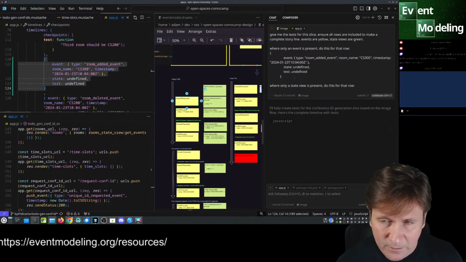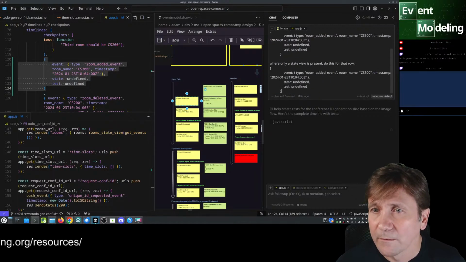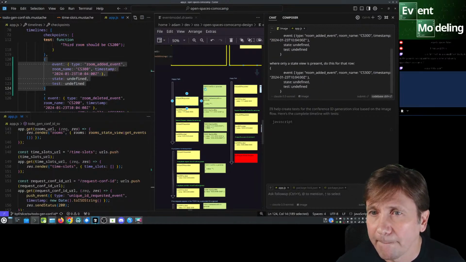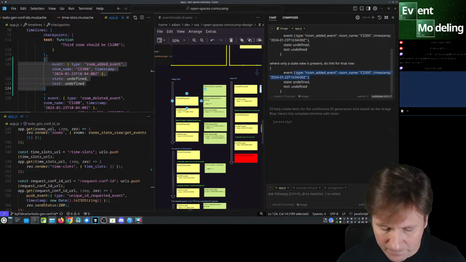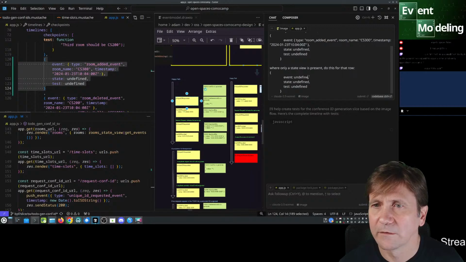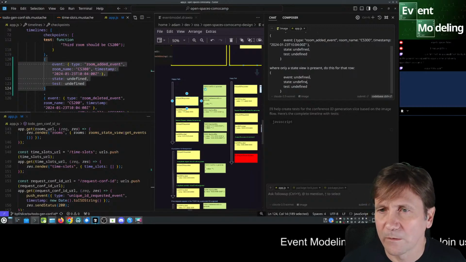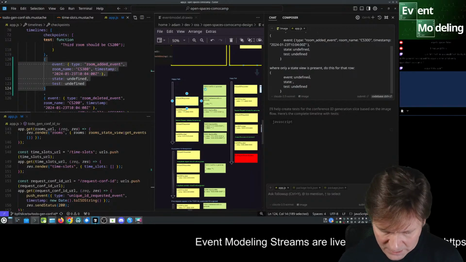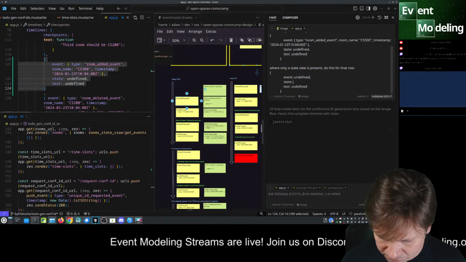And here we can undefined. Here we can do state is something.